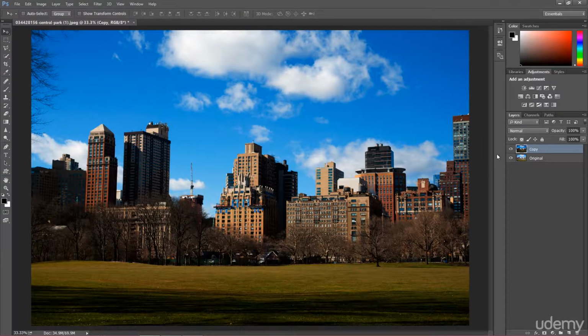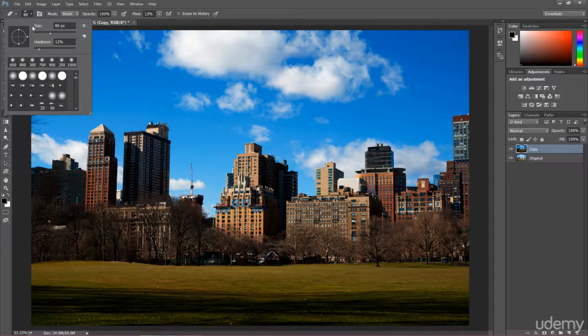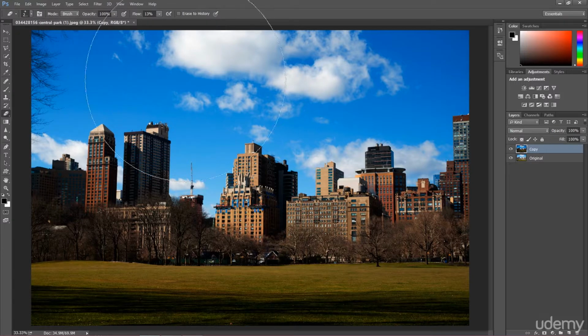So okay, right now this image is a bit darkened. So we want to have half of the image in this color, for example, and half of the image with our original color. Let's have a look at what happens when I choose the Eraser tool, which is over here. And I'm going to make the size of the brush of this tool a bit bigger. I'm going to choose a big size, and I'm going to clean this over here.